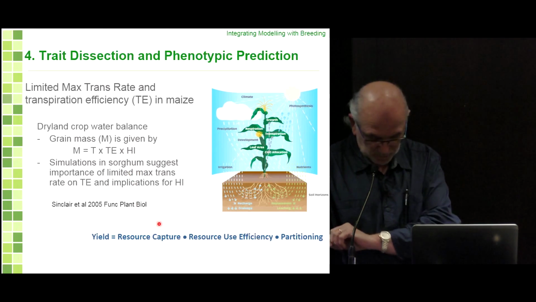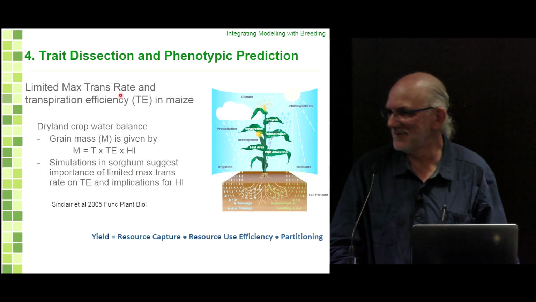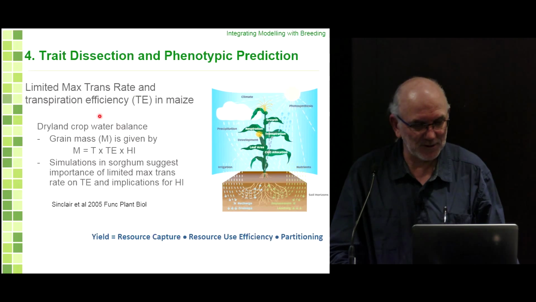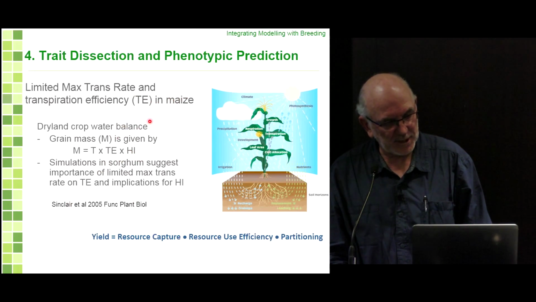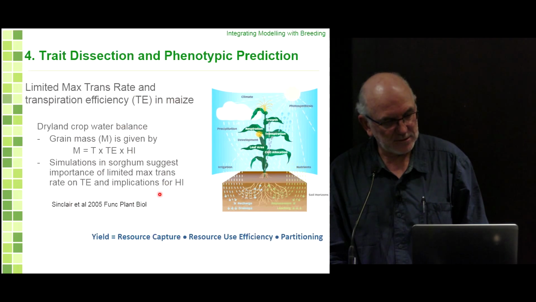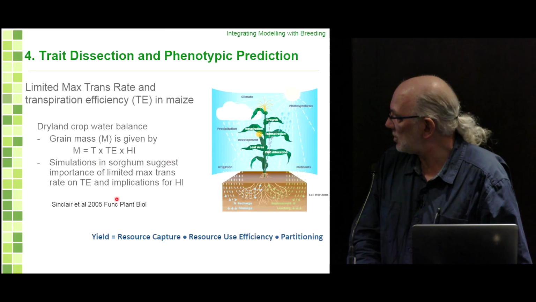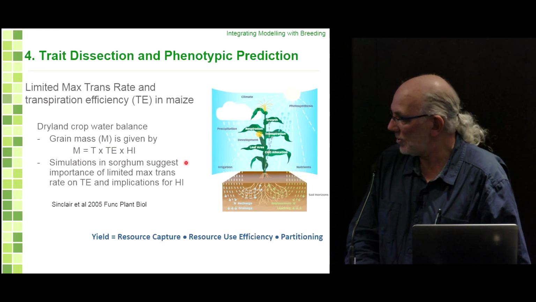The other example I wanted to give, if I've got time, I'll just keep going, was about the work we've been doing with the people at Pioneer on limited maximum transpiration efficiency in maize. And so the idea here is, we did some work in sorghum, some hypothetical work where we,